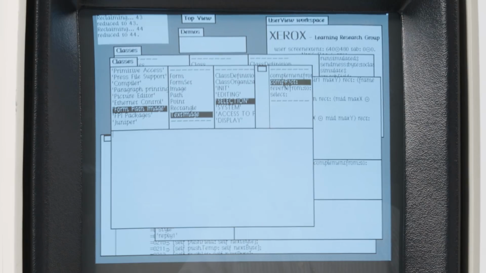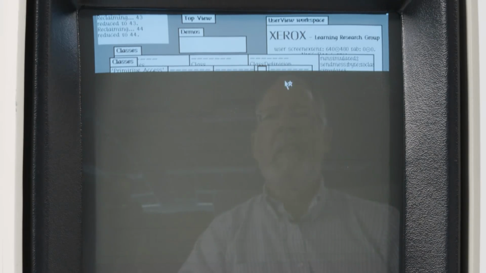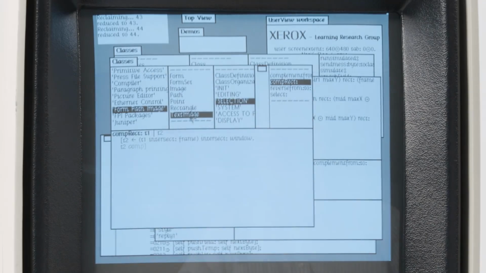That may be, but hopefully the changes we made. But don't despair. Let's just try this. Smalltalk 76 can decompile its code. So here you can see what it's doing is it's taking the incoming rectangle,